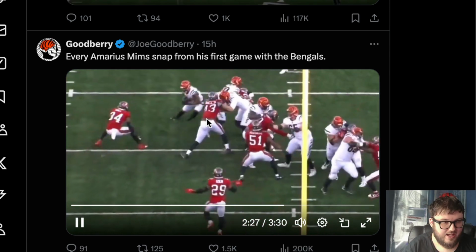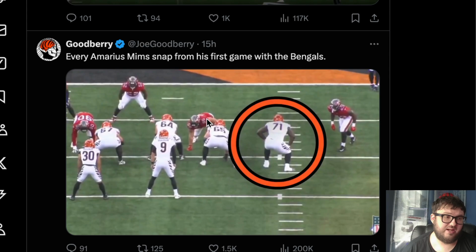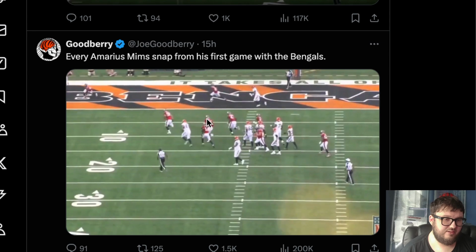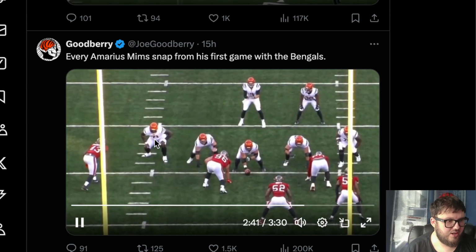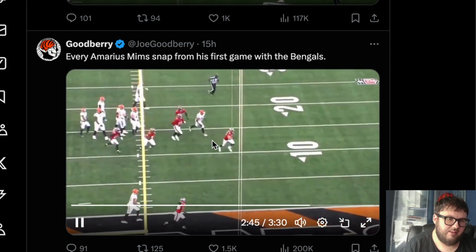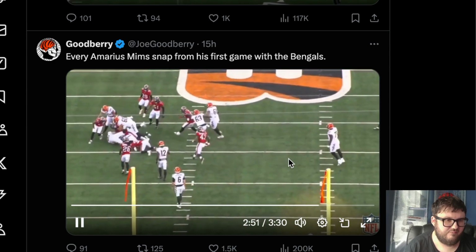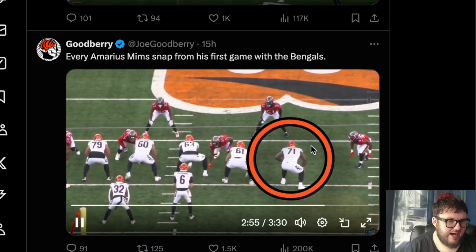Especially if anything happens with Trent Brown when he gets hurt, or Amarius Mims does become the starter. I do want to see more playtime, more of the things that he goes through, the thought process. But overall, he does look good. I think for the most part, being a starting right tackle in the league in your first time, again, very good. But yeah, so overall,